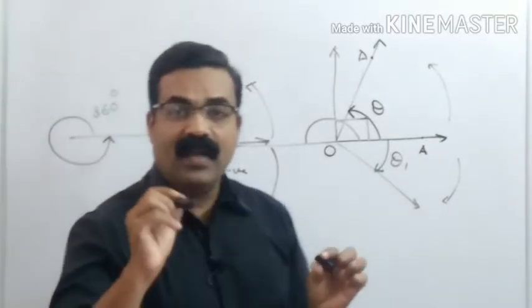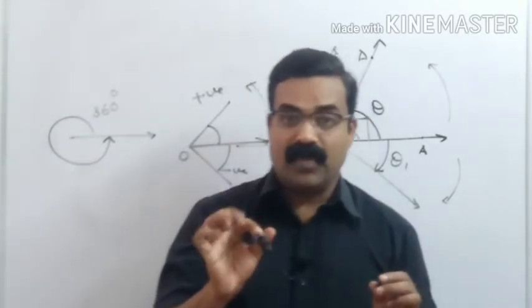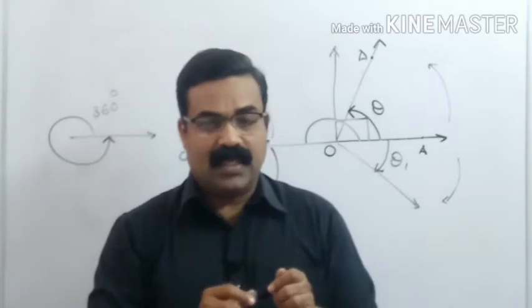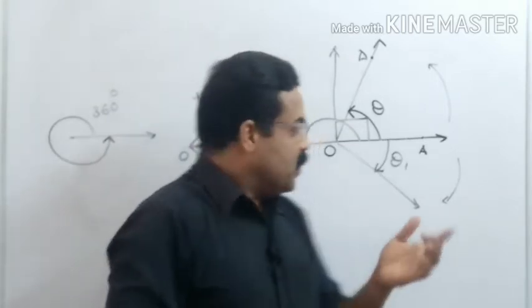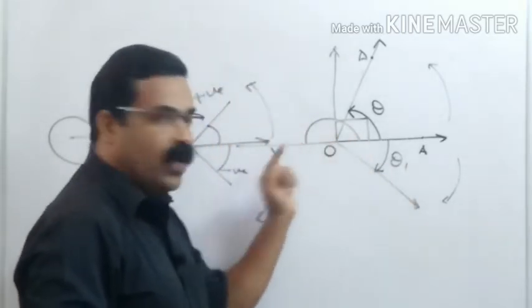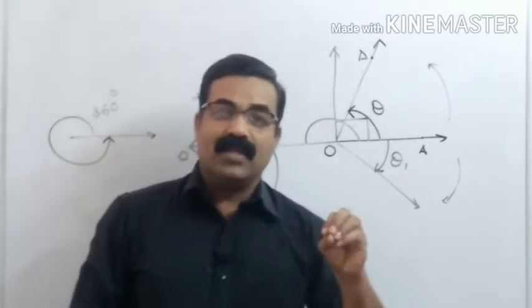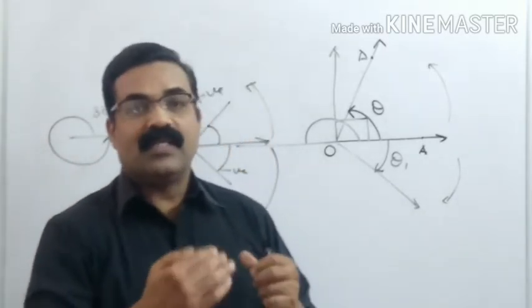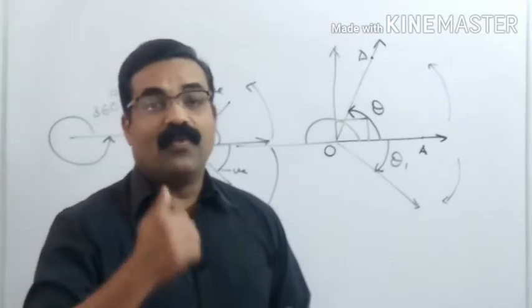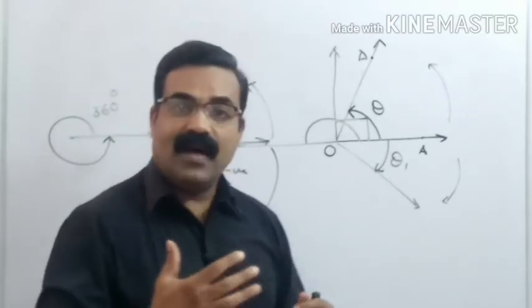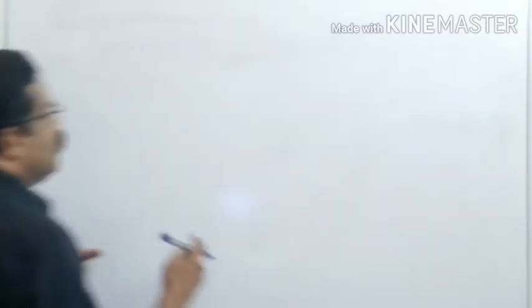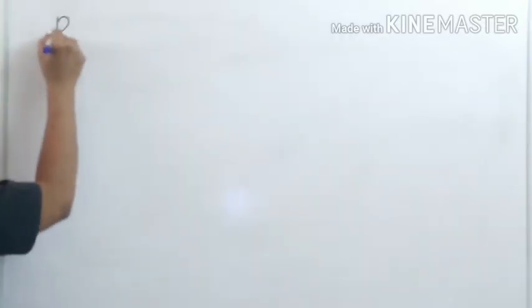So you have a clear idea of what is a degree measurement. One full rotation is called 360 degrees, students. One straight line up to this much will be 180 degrees. So this is not a new thing for us. We have already studied all these things in our earlier classes. Let us go on to understand what is a radian measurement. We are going to learn what is radian measure.